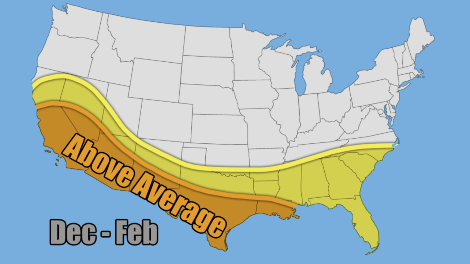Now, for this area in southern Louisiana, southern Texas, southern New Mexico, much of Arizona, southern Nevada, and portions of California, this is where I'm expecting moderately above average temperatures. This is where I think it's going to be even warmer than in this yellow region, so probably on the order of about 2 or more degrees above normal for the entire winter season from December to February. Even these regions will get into some of the cold in some time periods, but it's probably going to be a lot more warm air than there will be cold air this winter.